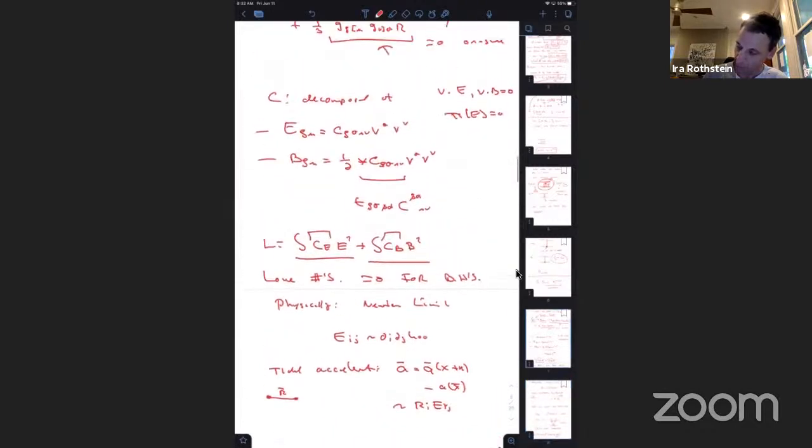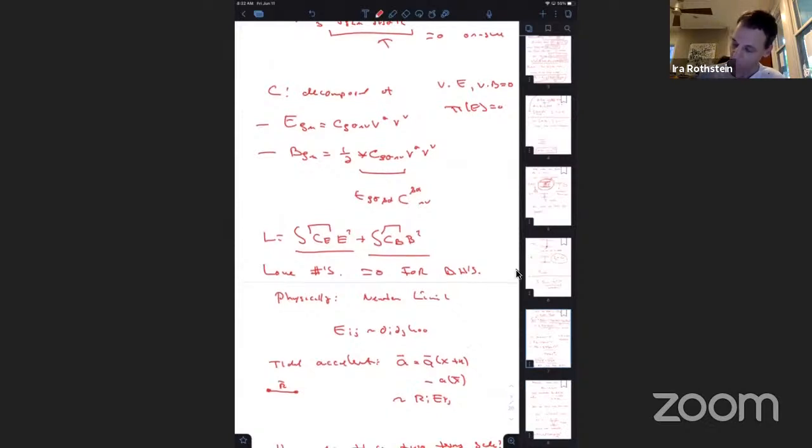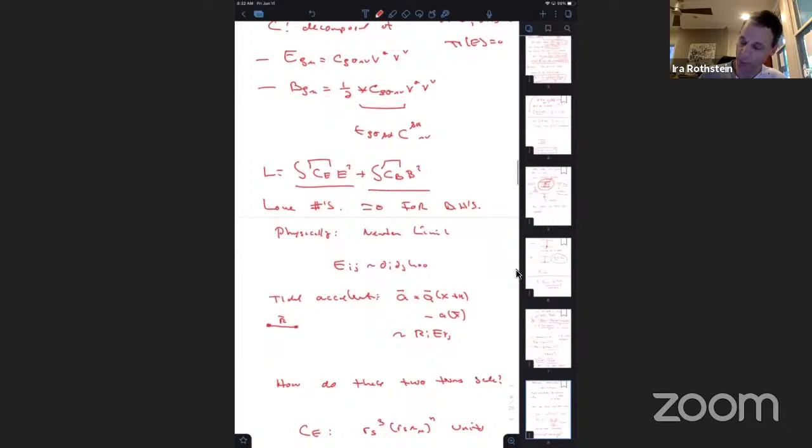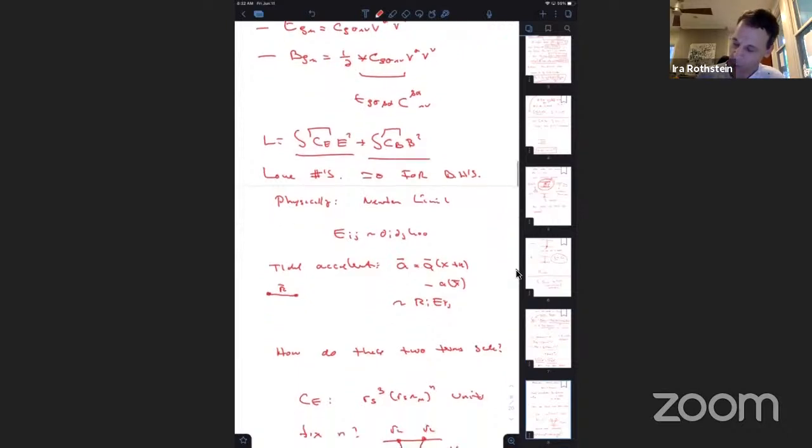Okay, so physically, what are E and B? And just to give you more intuition about why these things are the love numbers. So if you take the Newtonian limit of E, it looks something like di dj h00. Remember, h00 you can think of in the Newtonian limit as the Newtonian potential. So di h00 is the Newtonian force. And if we look at two massive particles in a background field,